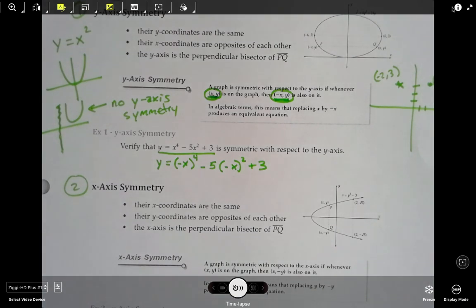Now, when we simplify that, negative x to the 4th power is basically like saying negative x times negative x times negative x times negative x. When I do that